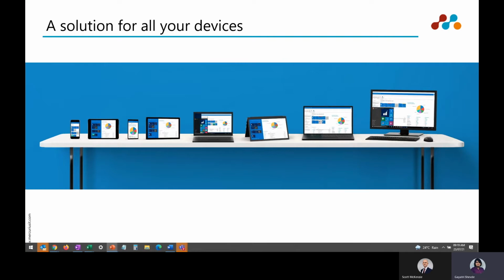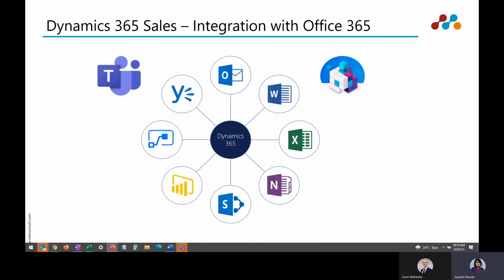Most of the applications and solutions in the product suite which we have seen are easily integrable with Office 365 modules, and it also provides a single sign-on feature. So you can see here, it can be connected with Outlook, Word, Excel, SharePoint, Power BI, Power Platform, Node integration, Teams integration, and any type of insights.